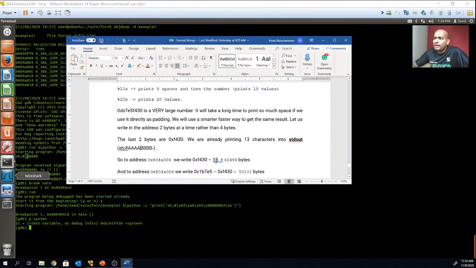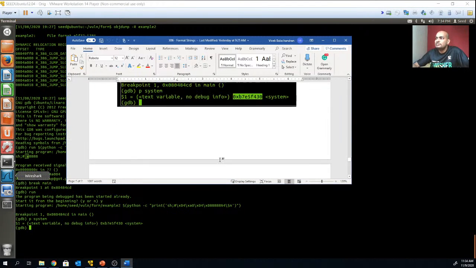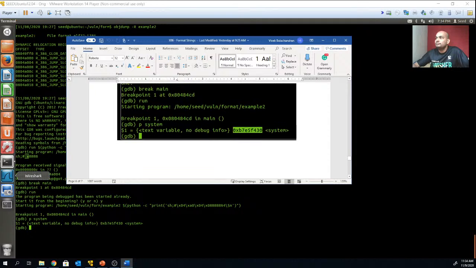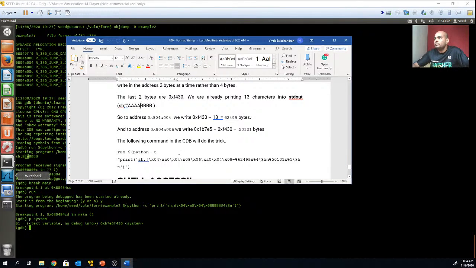So to print F430, we need to print 62499. That is the number of bytes, because we already have 13 bytes printed because of sh semicolon hash. So this is 13 bytes, right? With that, we add the dash, there's 13 bytes, and then to reach F430, we need to add so many more bytes as well. So we'll put 64999,